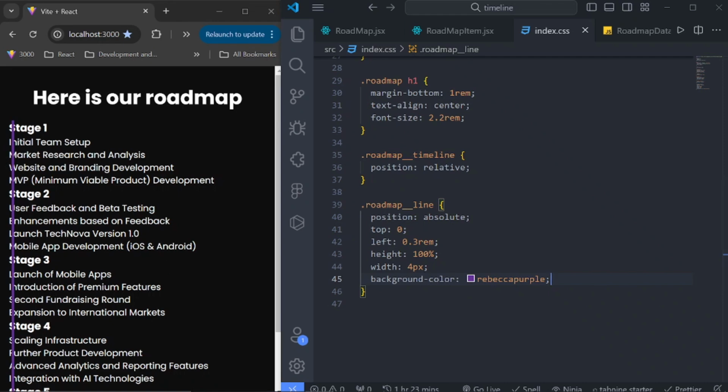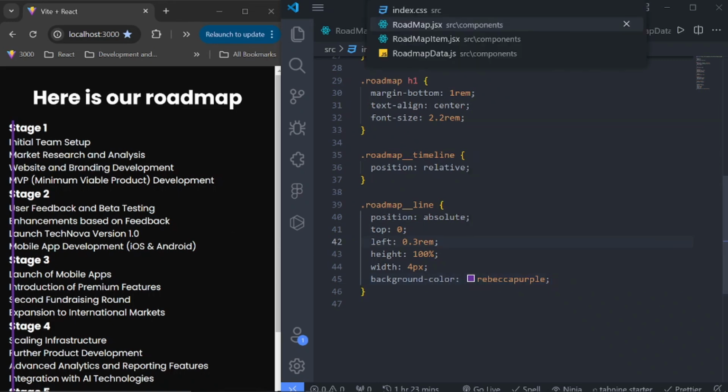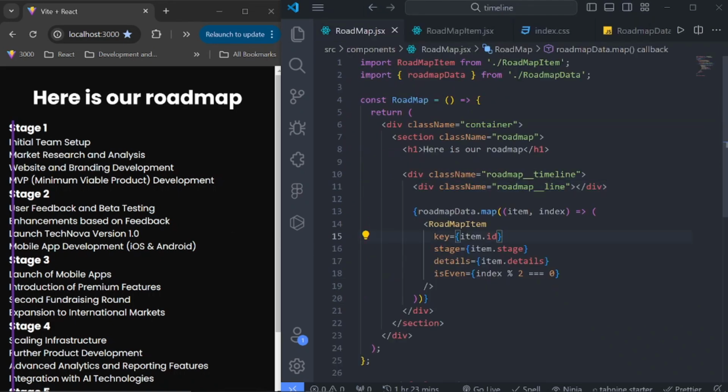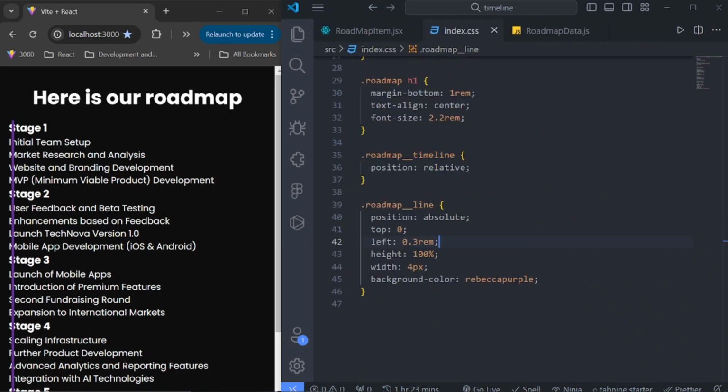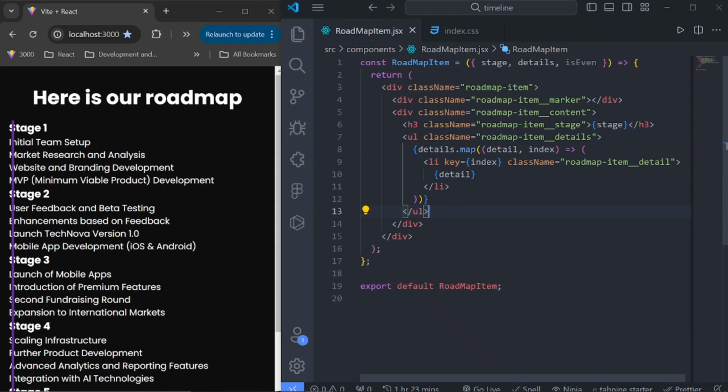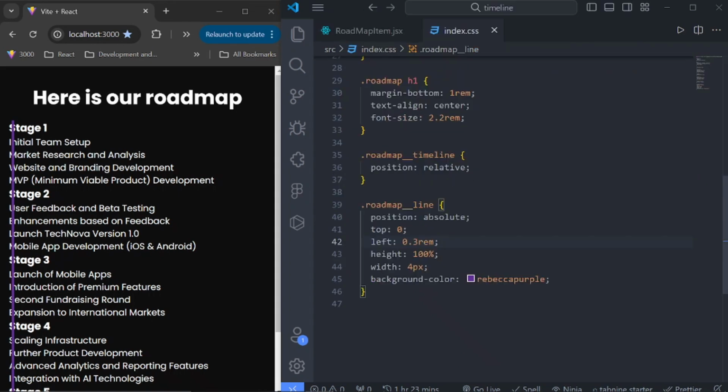So don't worry if it's overlapping the text. We're going to fix that very soon. So for the roadmap item, yes, we're done with this for now. Let's close that out, as well as this one. So for the roadmap item,